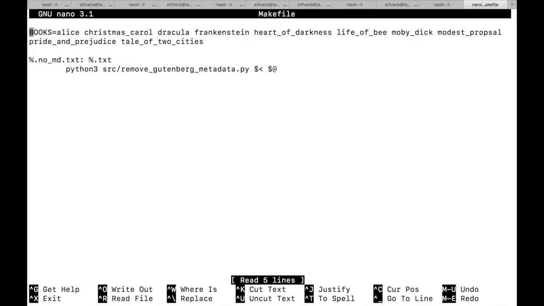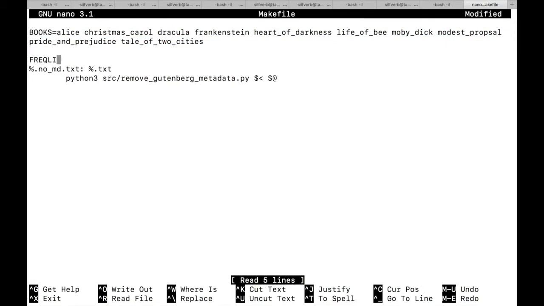So let's start by creating a list of our input files, and actually it's here. I already listed them. So these are all of the books in the data subdirectory. Now we're interested in producing the following target files. We want frequency lists of all of these books, and those were supposed to be placed in the results directory. And they were supposed to be called, for example, lifeofb.frec.txt. So let's start by creating a list of all of the frequency files that we need. And we'll use the following syntax. So frec lists